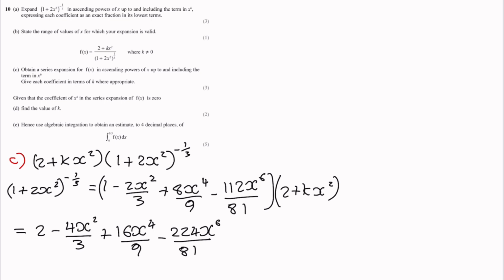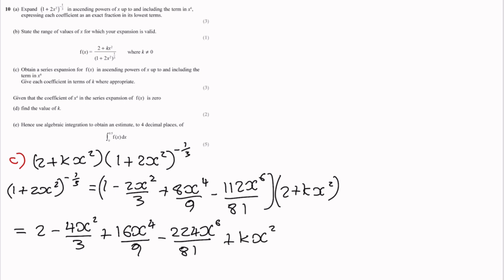Then I'm going to multiply each of these terms by kx squared. However, because I have an x squared, I only need to multiply the first, second, and third terms, because that will then go up to x to the power of 6. If I multiply the last one by x squared, I will get x to the power of 8, so I don't need that one. So plus 1 times kx squared is kx squared,